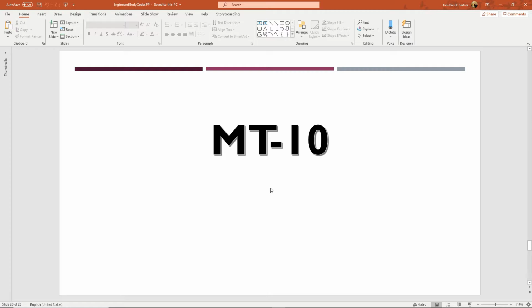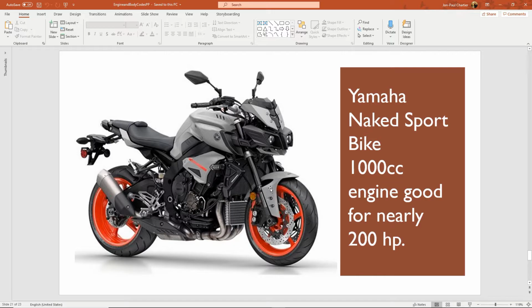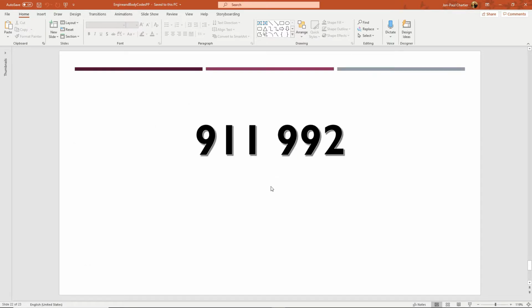MT10. No, this is not a socket. It's a motorcycle, tricked you. Ha ha ha. I think it looks really cool. Look at those headlights. Doesn't it look like a robot? Anyway. 911 922